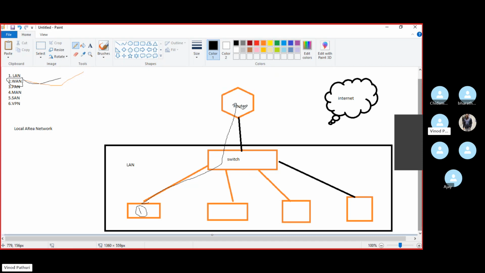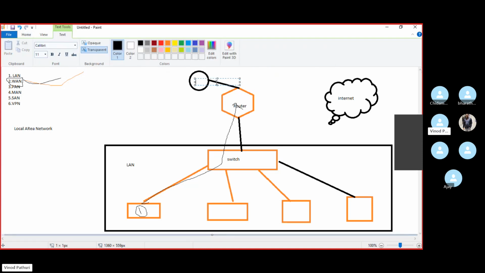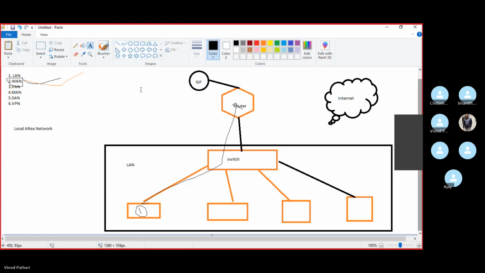Okay, so basically we will have an ISP connection here. Say your ISP is Airtel. So you will have the connectivity from Airtel to your router. This is our ISP. ISP means Internet Service Provider. He will provide us the internet services.